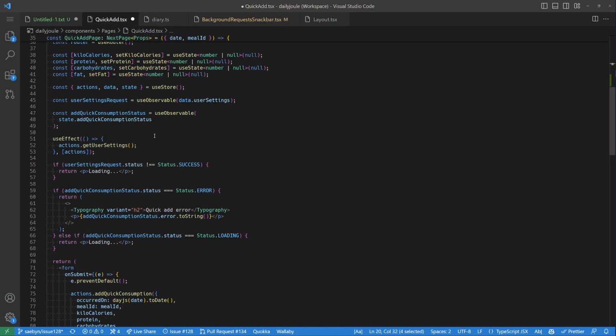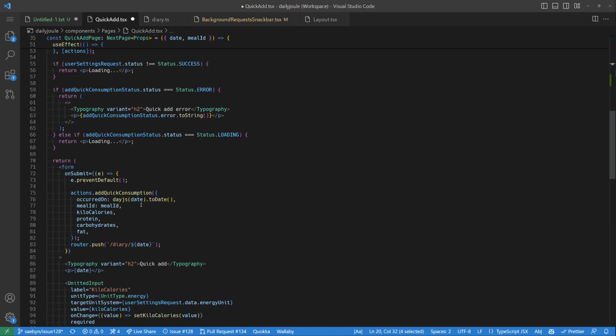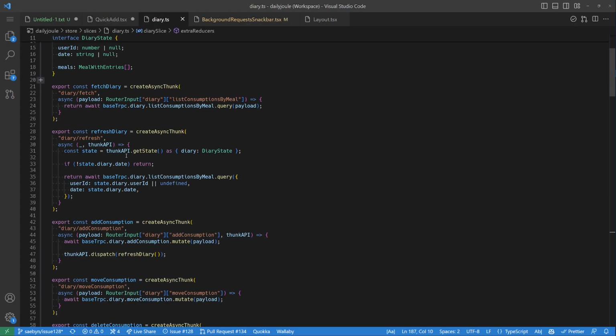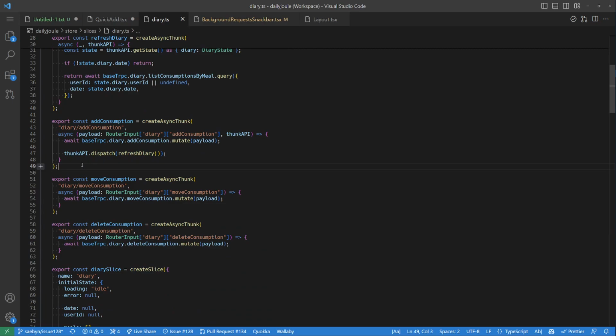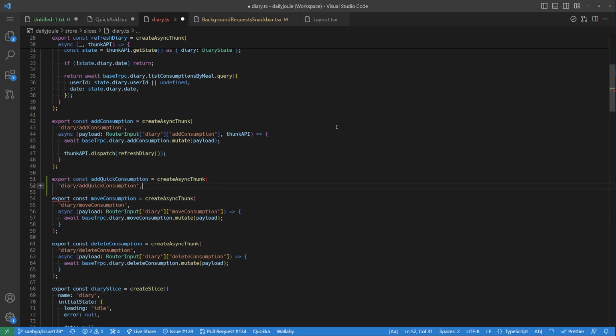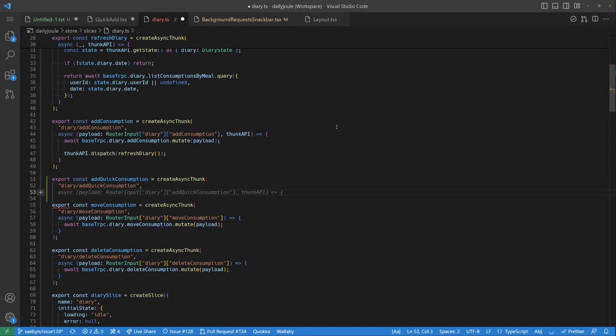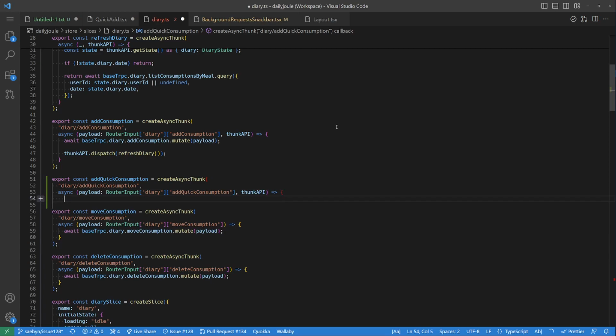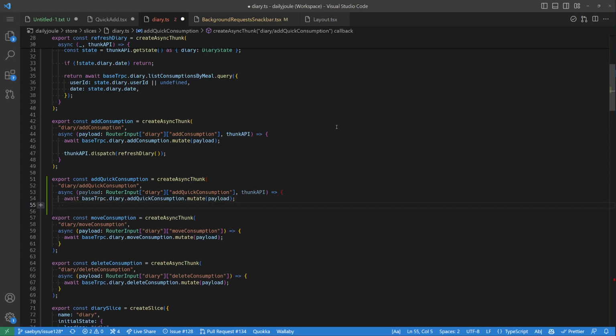Yeah, let's make the thunk. So we want to do add quick consumption. Where shall we put that? Let's put that after the existing one. We'll make an export const addQuickConsumption. Sure. Is that the name of the procedure? I guess we're going to find out here in a minute. We want to await, and then